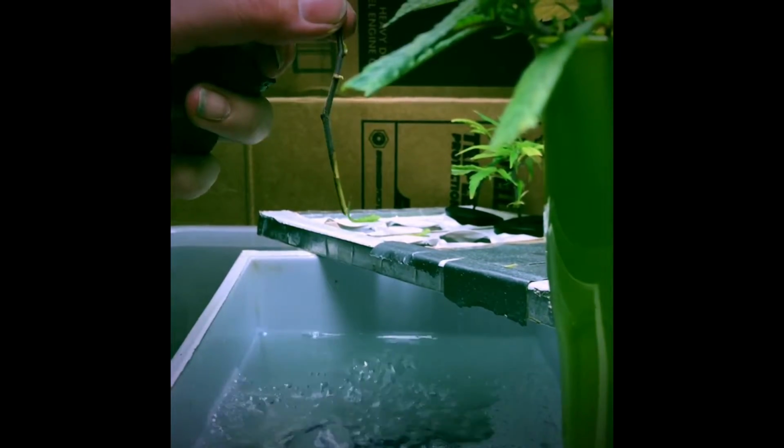I guess anybody can make a mistake like this. This is probably my third or fourth time cloning, and I've had good luck with it since I started, up until this point, like I was saying. Not entirely sure why the slime is growing on these, but